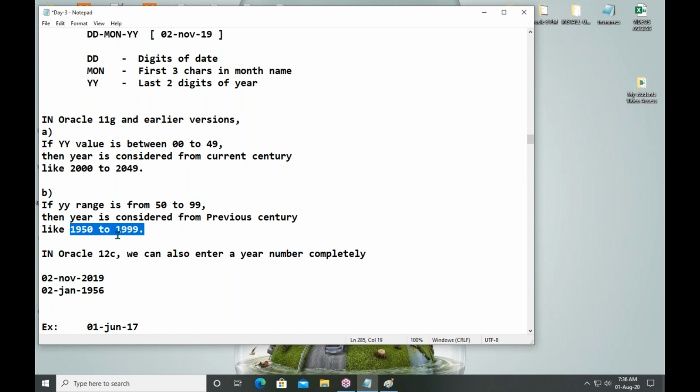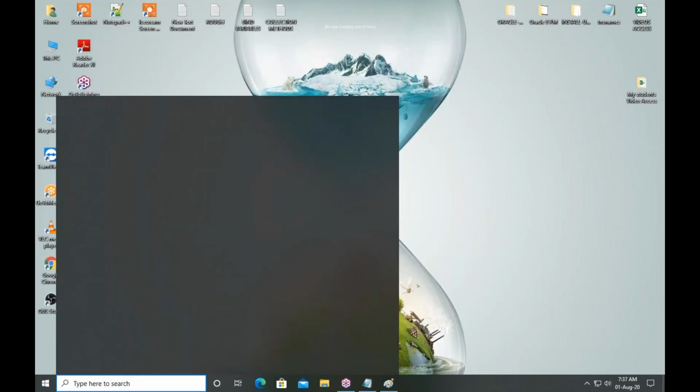Here, maybe you have a doubt. What is that? I am giving 65, but internally I want to store it as 2065. What should I do? For this, I want to show you a small example.